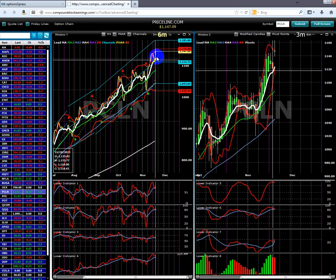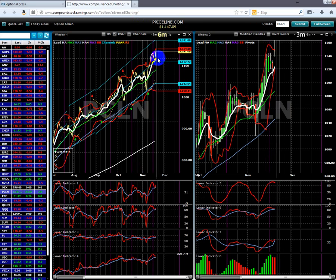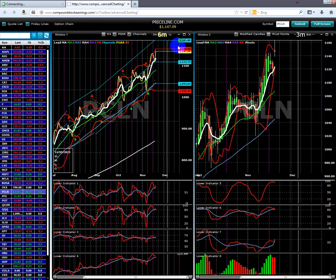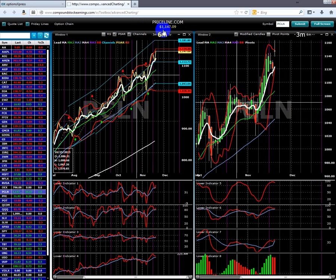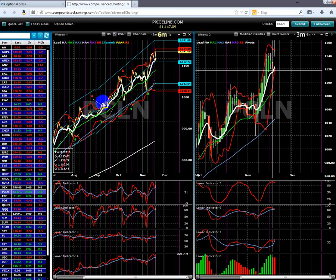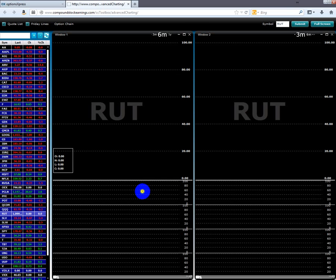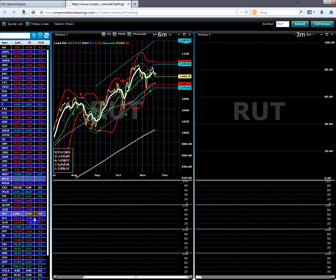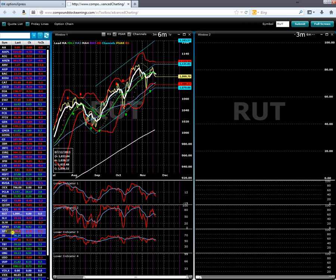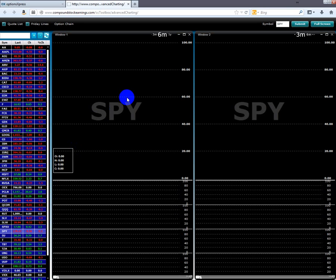Yeah, so if you want to be a momentum trader, this would be buying calls right here because you can't make money selling puts. So the bullish play is just to buy a call and ride its move upward, which it very well may do. But that's a stylistic decision, I guess, on how you want to trade. RUT, same as IWM, so it's just different numbers. SPY is the S&P 500's ETF,